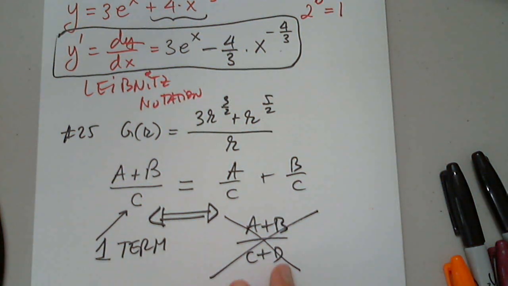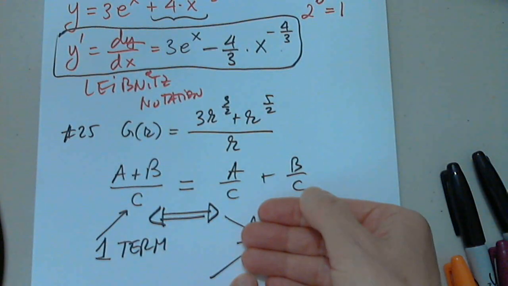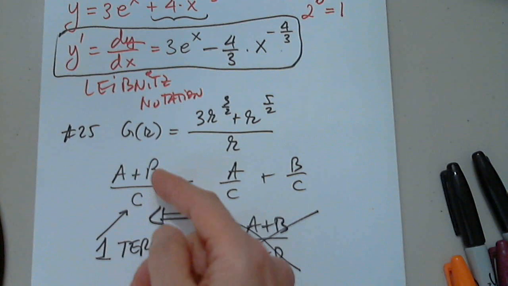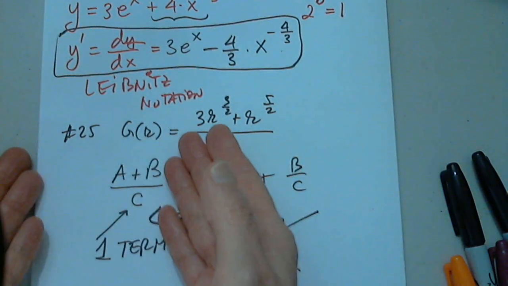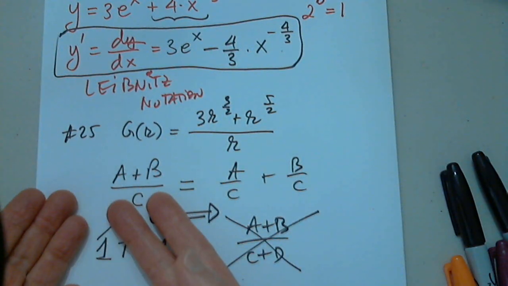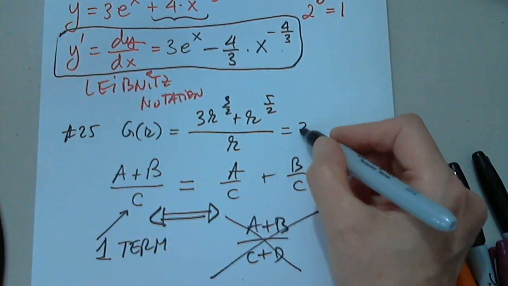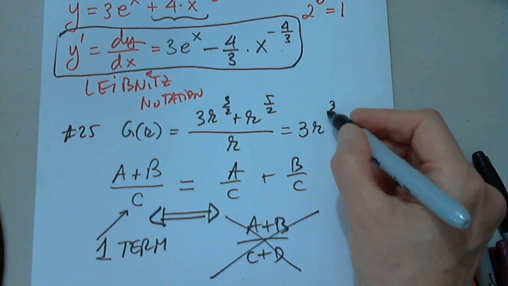But if I have two or more terms, it's dead in the water. I can't do anything. With one term, I can separate. If I have three numerators, then I will have 3 fractions. If I have 4 numerators, then I have 4 fractions. But here I have 2, that's why I presented it with 2. And yes, I will rewrite it as copy the base, and this over this will have r to 3 halves